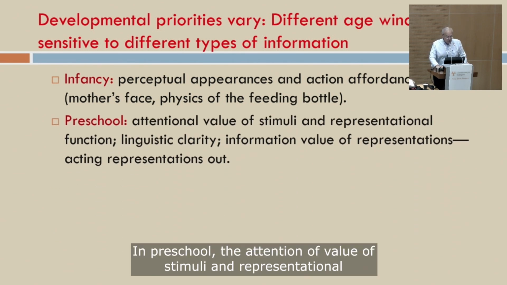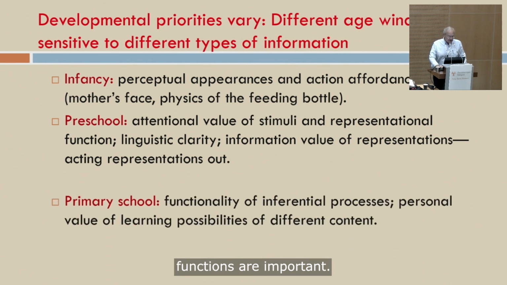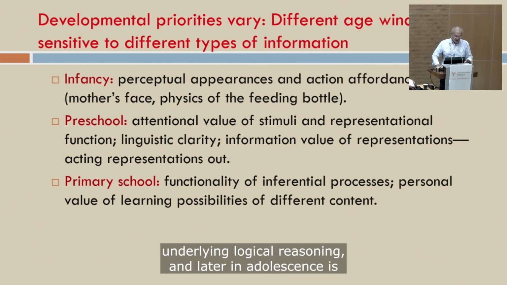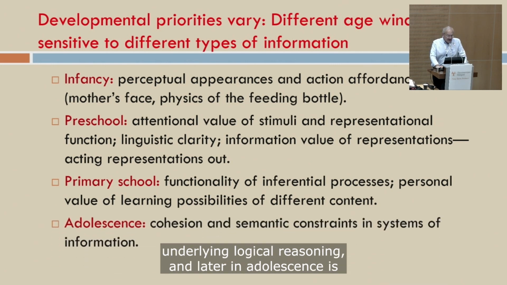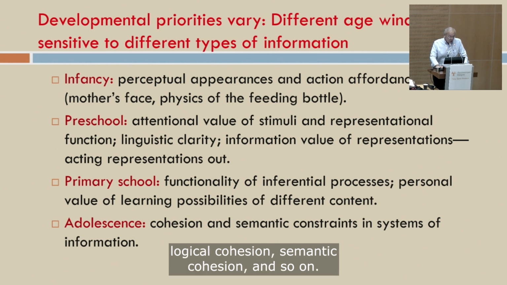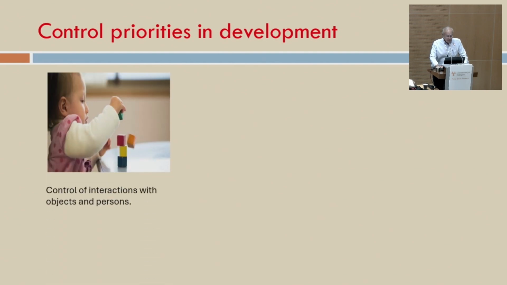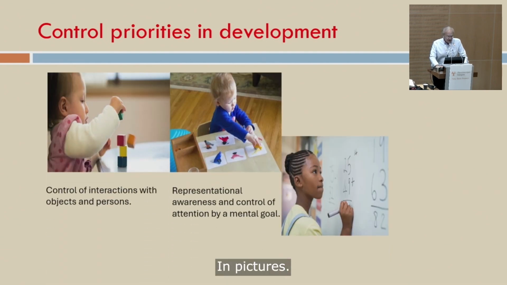In preschool, the attentional value of stimuli and representational functions are important. Later in primary school are inferential processes underlying logical reasoning, and later in adolescence is logical cohesion, semantic cohesion, and so on. In pictures,